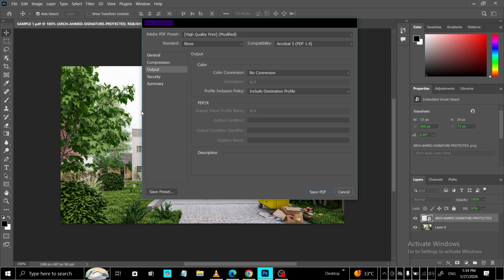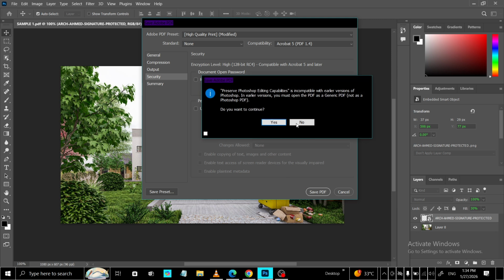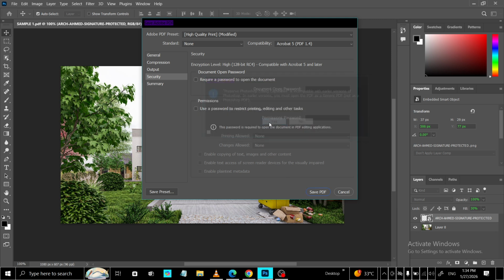When everything looks good, click Save PDF. Photoshop will process the file and create your PDF in the location you chose. Open it to confirm the quality and you're done. You now have a polished PDF version of your JPG ready for